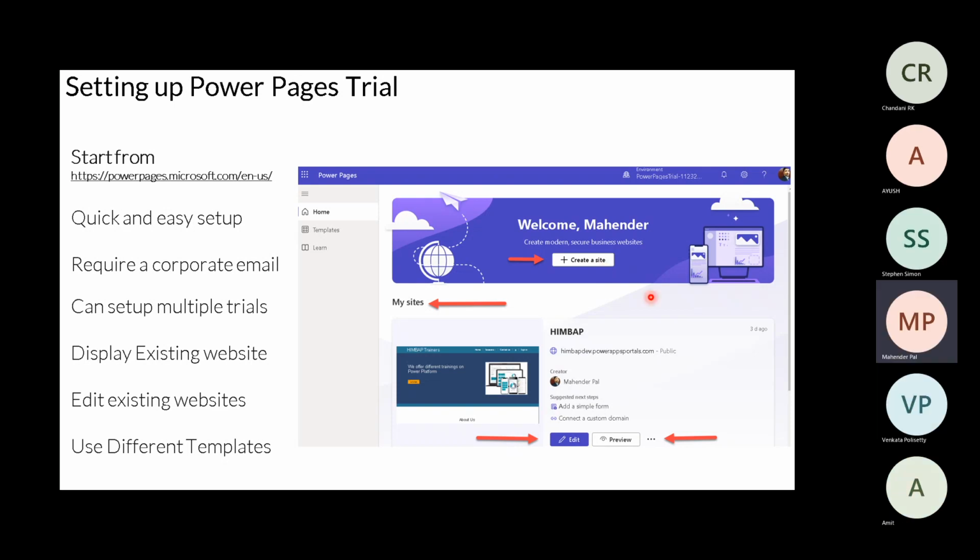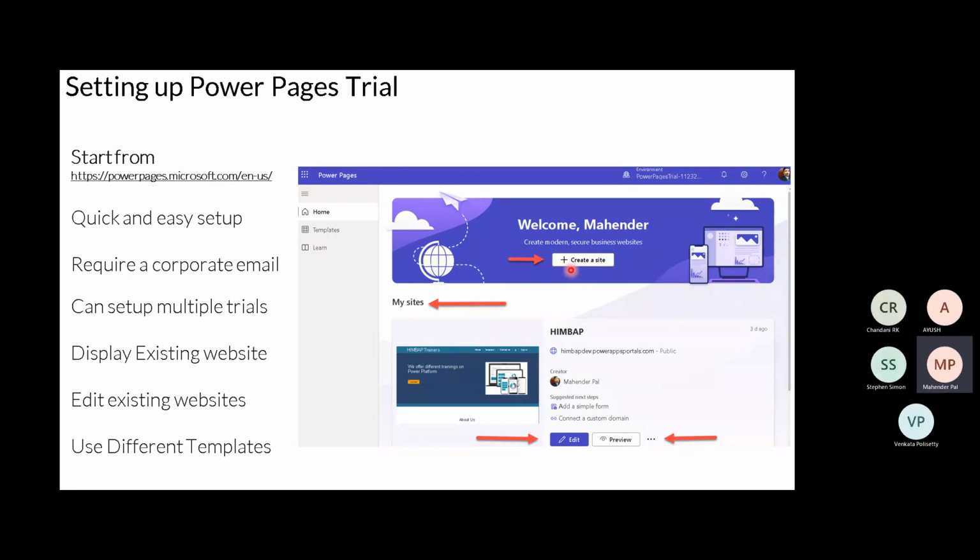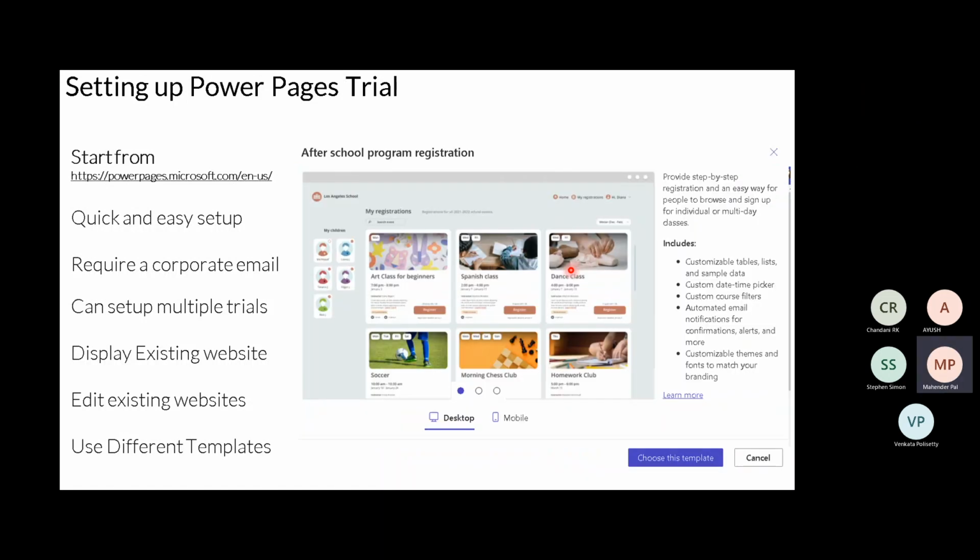So let's say, for example, I select this, I want to create a new trial, and then you will see that we have different template options available for you. Just like in any kind of website builder, when you select a build tool,